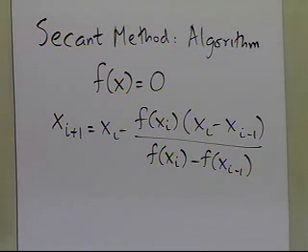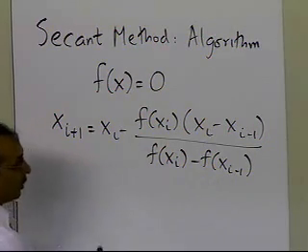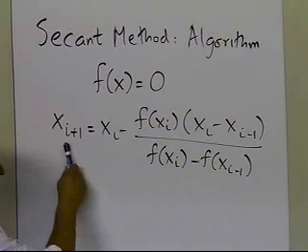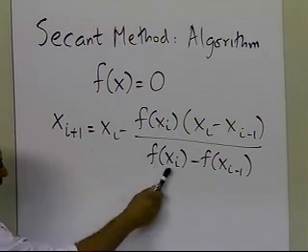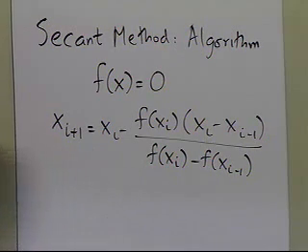If you look at this particular formula, what we need is two initial guesses, x of i and x of i minus 1, to be able to get x of i plus 1. Then when we go through this process again, we'll have x of i and x of i plus 1, which we're going to use in this formula by increasing i by 1 and getting x of i plus 2. And that's how the whole process is going to work. So you always need two estimates of the guess. You start with two initial guesses, but once you've done the first iteration, you need two estimates of the roots which come out of using that formula.